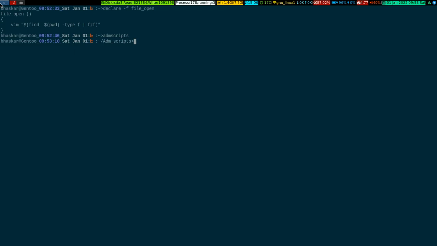If I wanted to do something, the whole and sole purpose of this function is to open a file. I'm using Vim here. That could be replaced with other stuff, another editor also, right? So if you do,